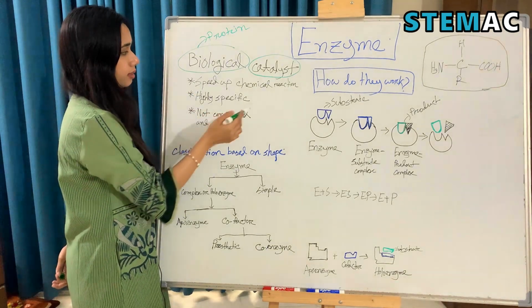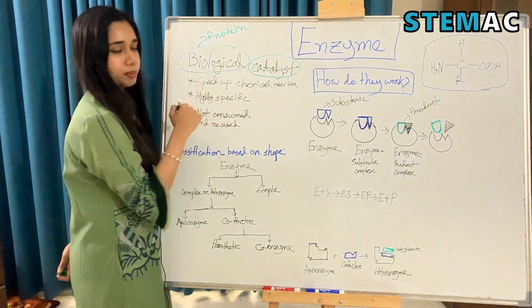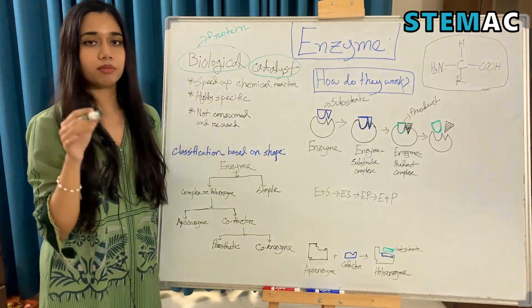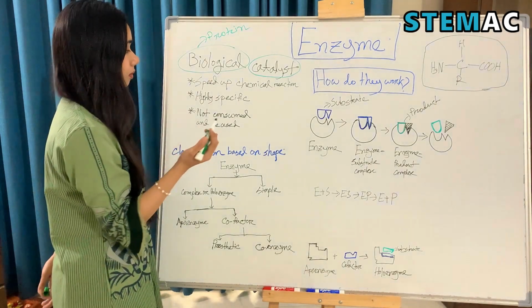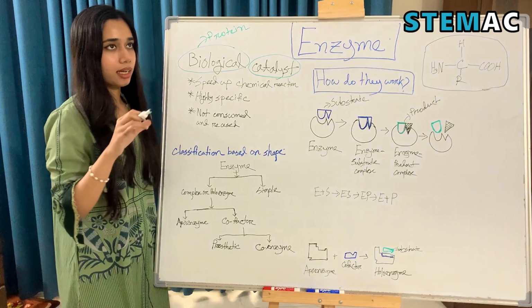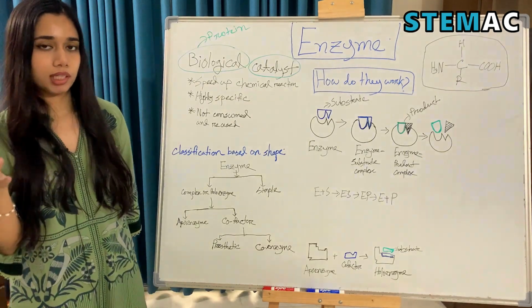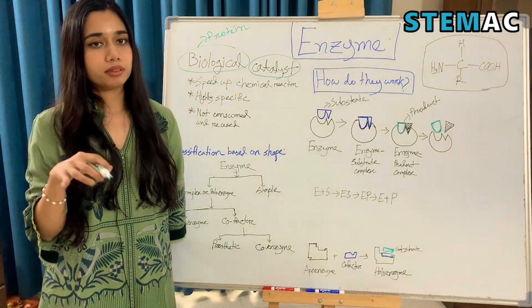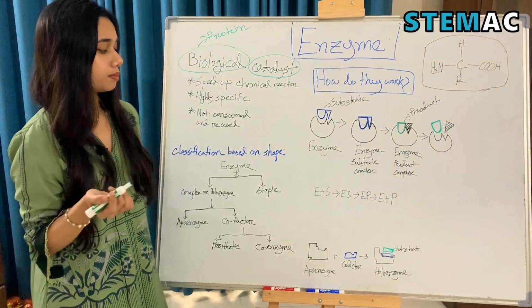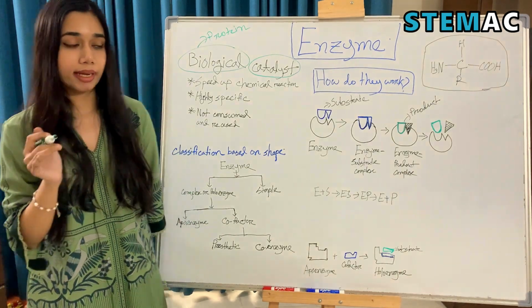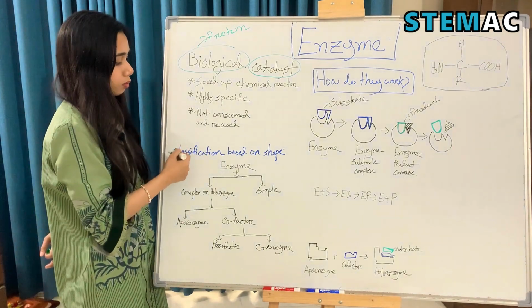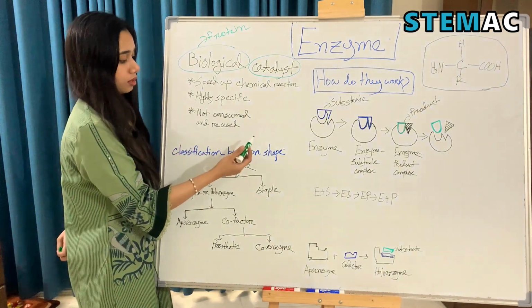So enzymes are highly specific. They are specific for both products and the substrates. Also, they are not consumed at the end of the reaction, and they can be reused multiple times. So let's see what enzymes are made of, but before that we're going to talk about the classification of enzymes